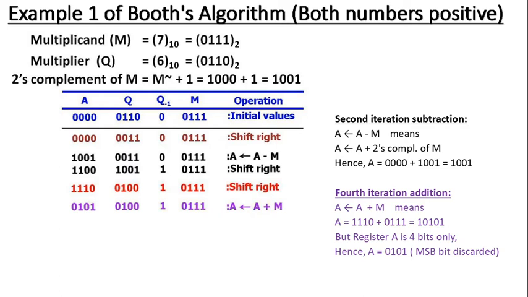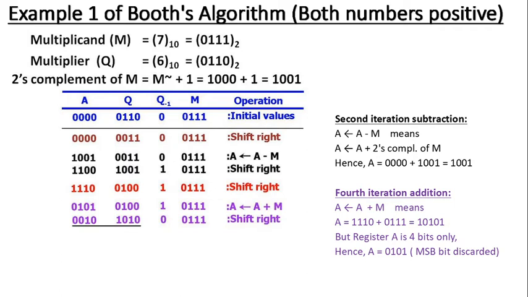Once we get that 4th iteration addition here, the arithmetic shift right operation is now to be performed on the concatenated 9 bits of data of register A, register Q and Q minus 1, a single bit. On these 9 bits, the arithmetic shift right operation is to be performed, and after performing we get this particular result. It means that even in the 4th iteration there are 2 actions, addition followed by shift right, and these 2 actions are shown by the same color, violet.